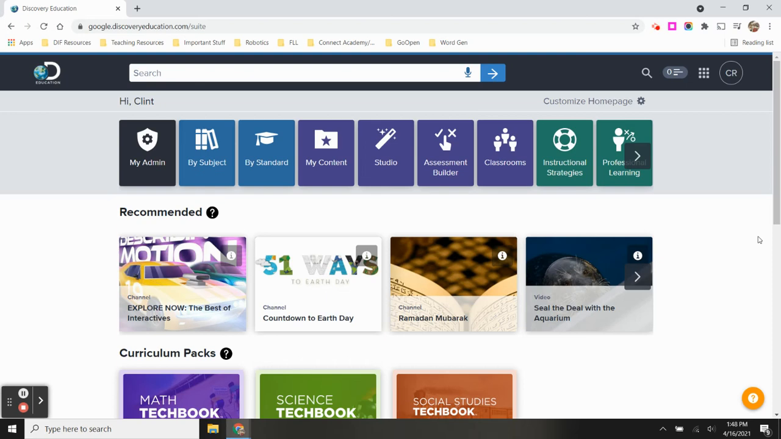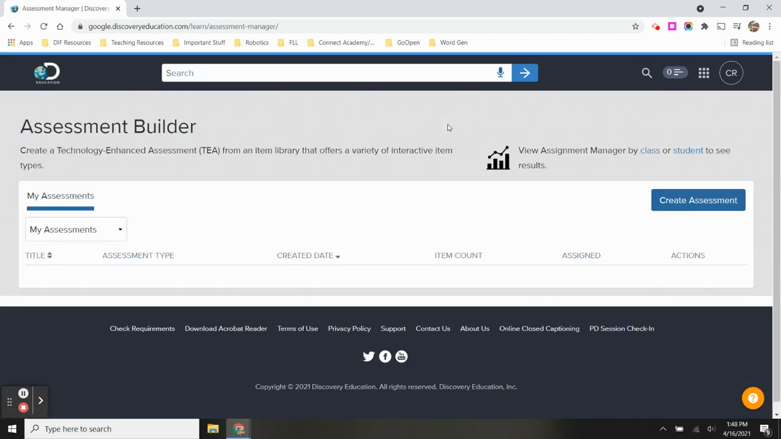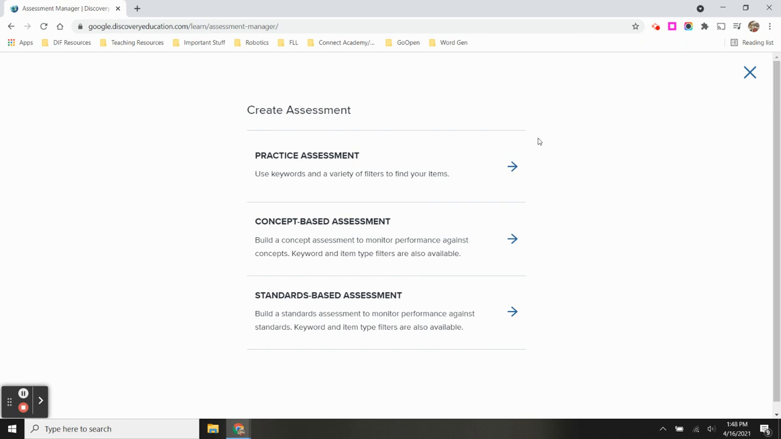Another great resource from Discovery Education is the assessment builder here. So you can create your own assessments, or you can use assessments that are already created. If you've created assessments before, they'll show up there. If you want to create one from scratch, you can click Create Assessment, and then you can create three different